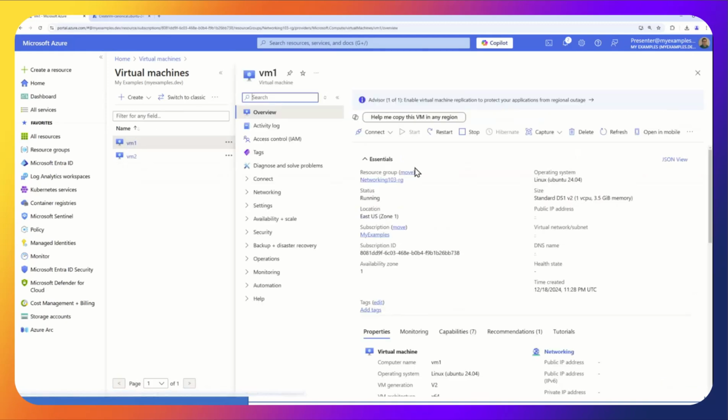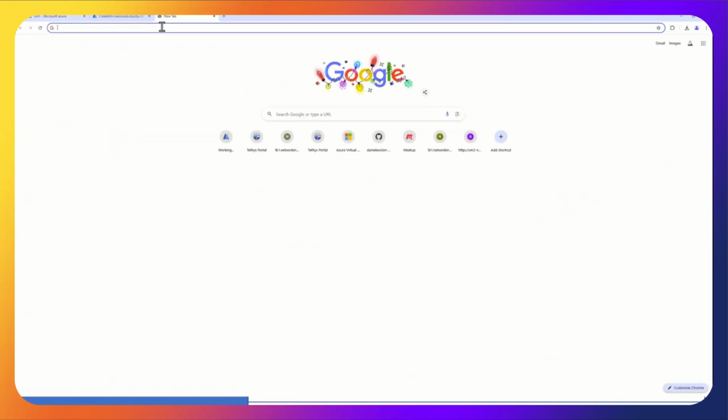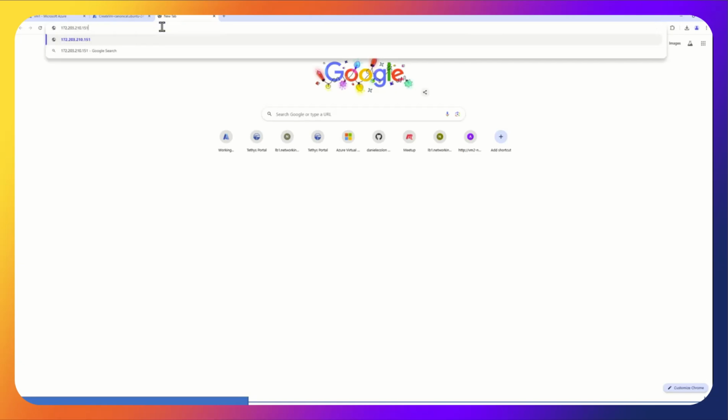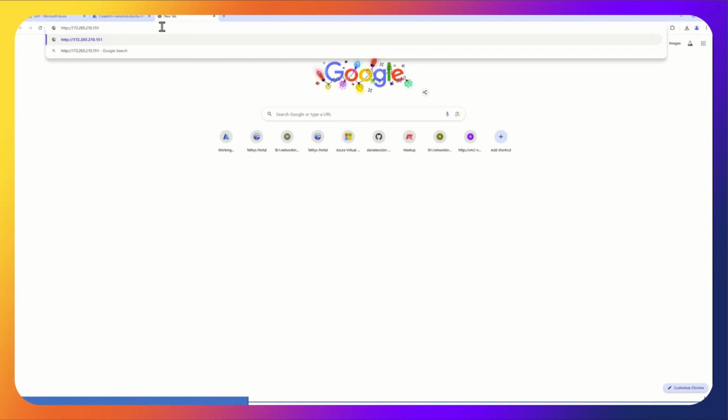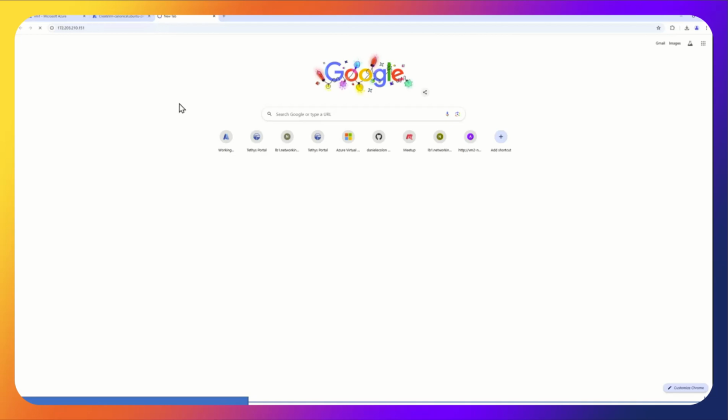So I'm going to the first virtual machine. We'll see it has a public IP address. Now, in the old days, you could just paste it up here, but a browser will automatically try HTTPS. We're only going to allow port 80, but first I'm going to try to go to it. This will spin, nothing will happen. I have not allowed access yet.